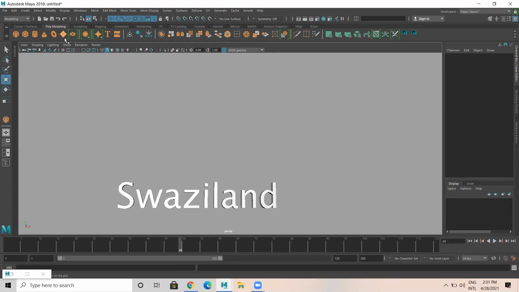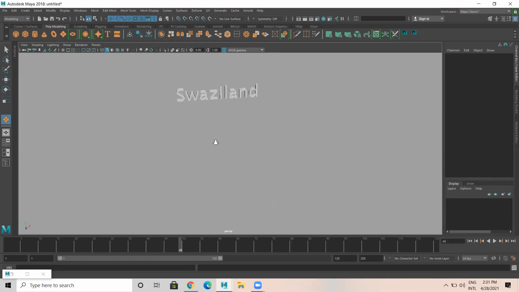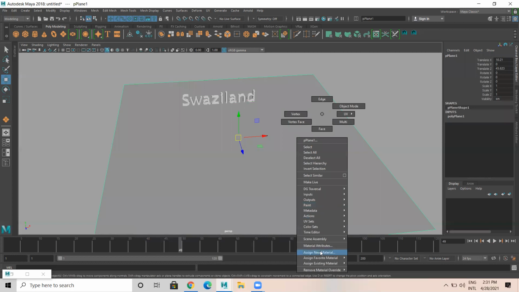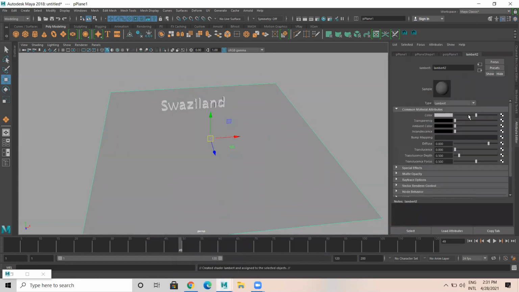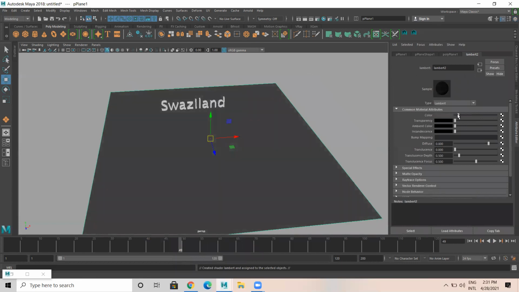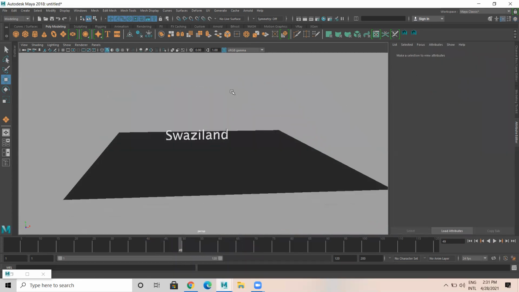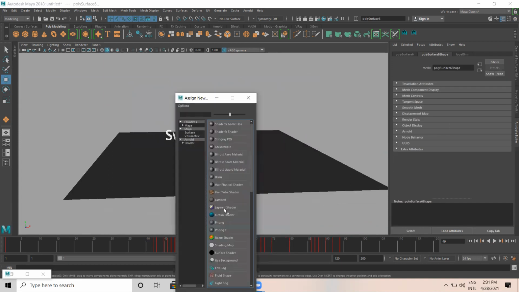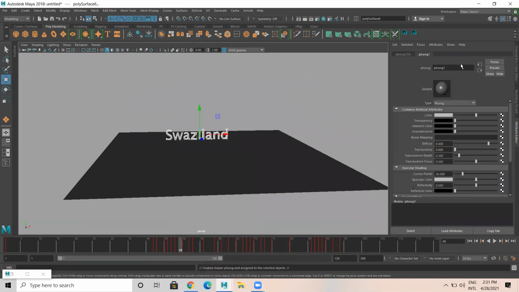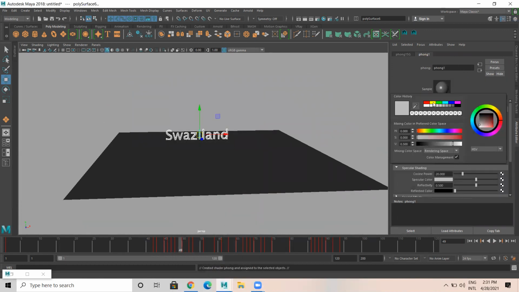Let me create a plane. And let me apply a new material, Lambert, and I would like to give a dark color, something like this. And I would like to select all, and apply a new material. Let me give Phong or Phong E, and color, I can give yellow or a bit of orange.